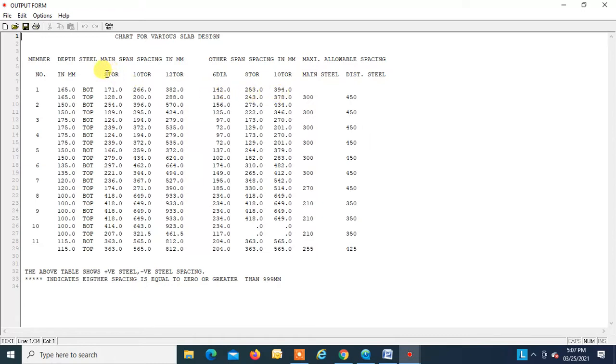So if you are going to use 8 mm dia bar, then the spacing required is 171. If you are using 10 mm dia bar, the spacing required is 266. If you are using 12 mm dia bar, the spacing required is 382, and so on. Similarly, along ly. Okay, so this is how the required spacing has been displayed over here,